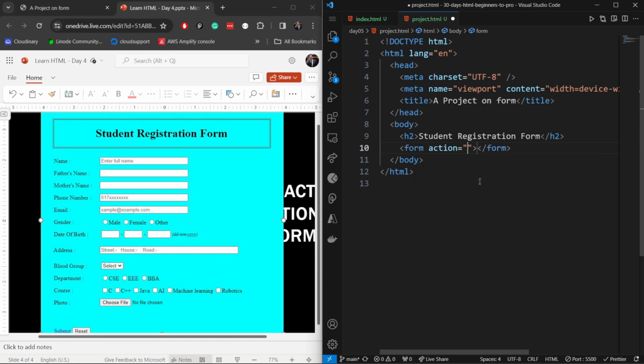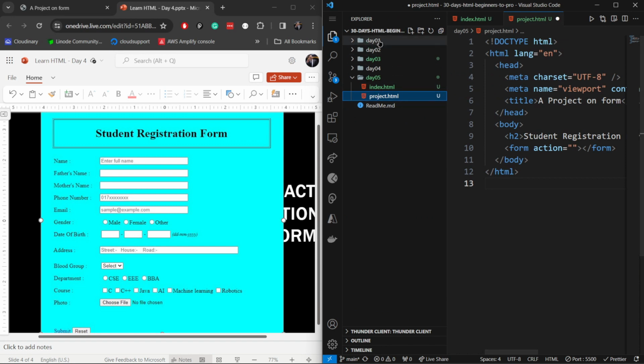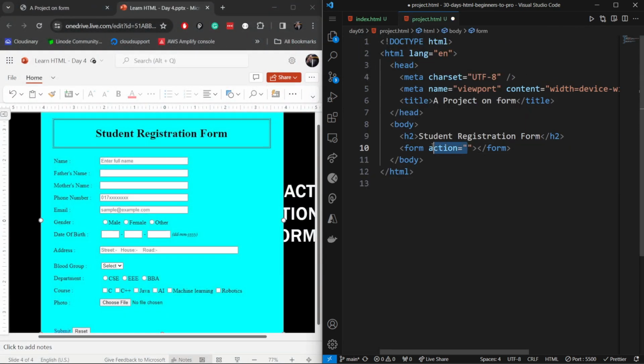And yeah, this action attribute, we have to tell this form, if someone fills up all these input fields, where should the data go? So if we have something like form.php, we specify it here in the action attribute, but we don't have anything. We are just exploring forms. So I will cut this out,